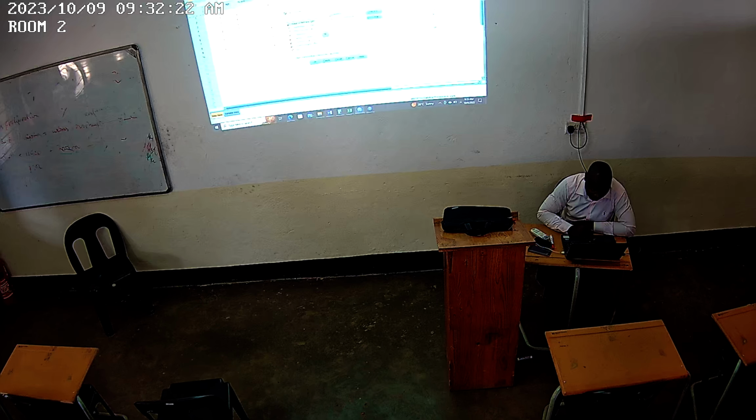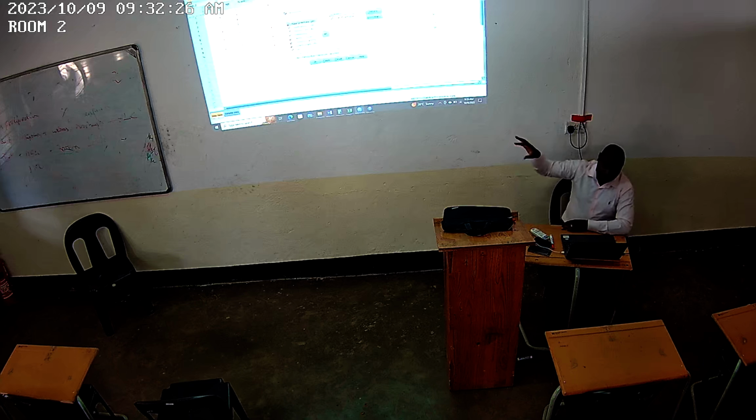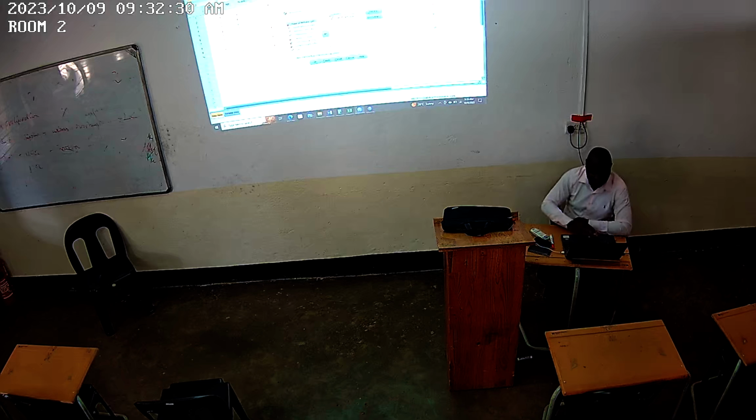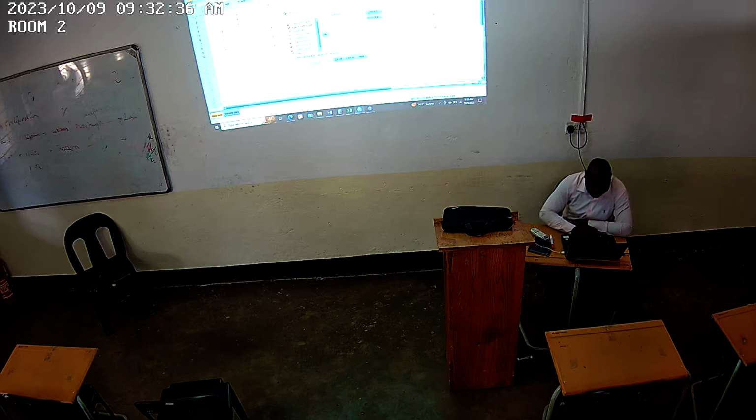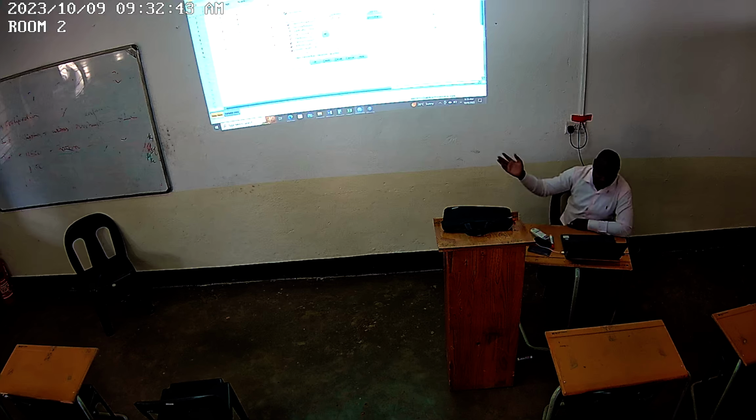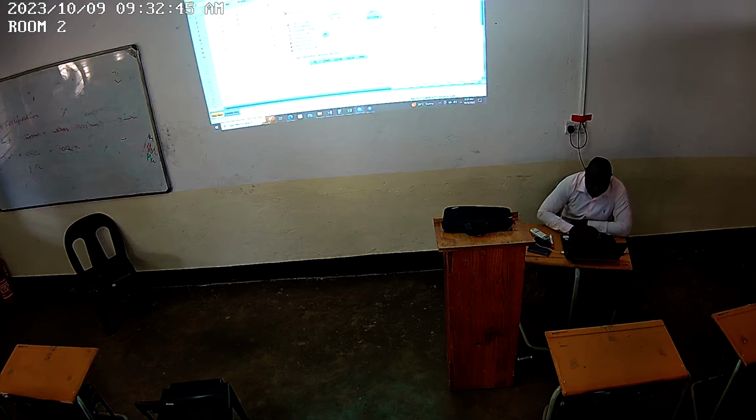Remove this one. So every time you want to analyze a new variable, you must remove the previous one. So you highlight it, click the arrow, you can see remove it. But then you highlight the new variable, you click it, you push it into the new space, you click options,